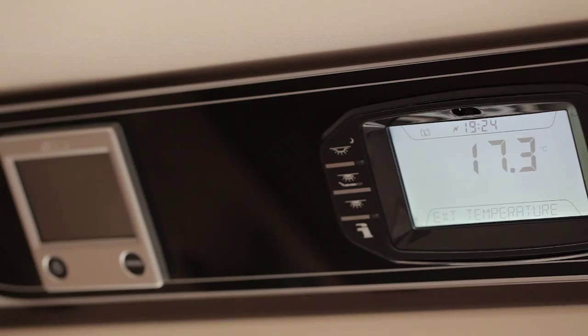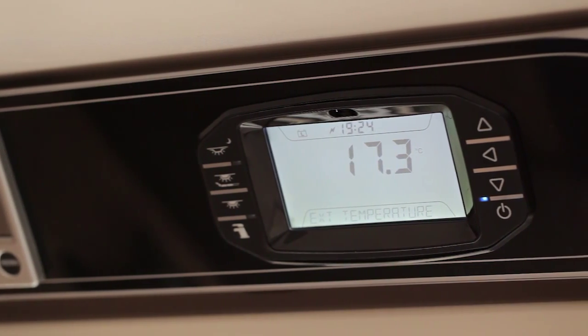There are a lot of other new features. In particular, you can tell what the temperature is inside a vehicle and outside the vehicle. You can measure the humidity. The heating controls are now accessible through the control system. There's a clock within the system, so it also allows you to set the heating system to come on and off at certain times of the day, or indeed over a period of days. There's an automatic fresh water fill system, which essentially prevents you from overfilling the tank and has an auto shut off. There is a blown fuse indicator and many more